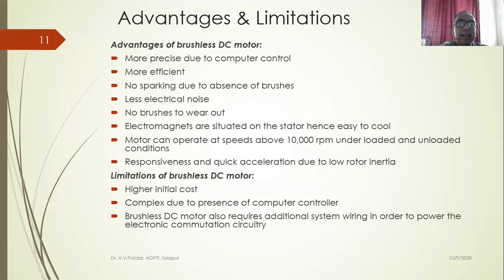Limitations are there. It has got higher initial cost. These are a bit complex due to presence of computer controller. Brushless DC motors also require additional system wiring in order to power the electronic commutation circuitry. So additional power requirement is there. But the advantages of brushless DC motors are more. So these are more